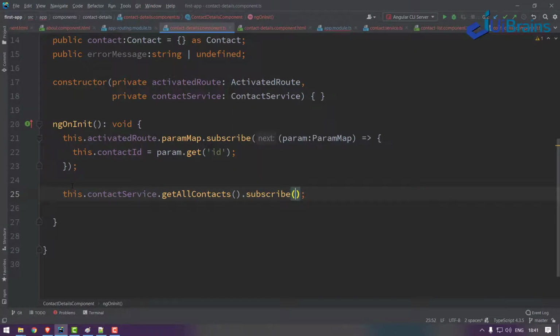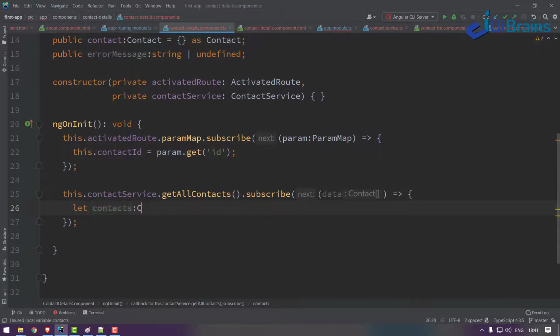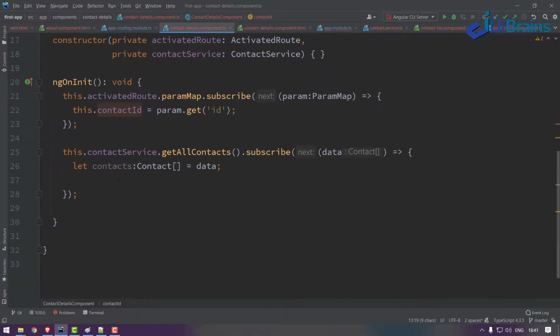Okay, so here it is giving you data, right? So this data is nothing but all the contacts. Contact array is equal to data. Yes, you got all the contacts, but I want only one contact based on my contact ID. So what I do, I can iterate.